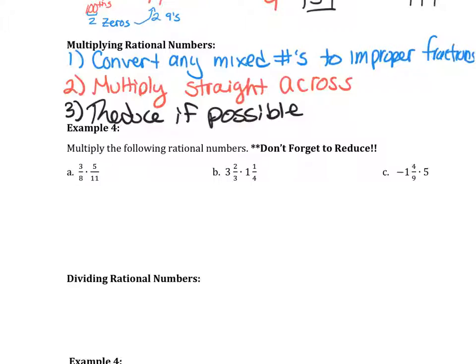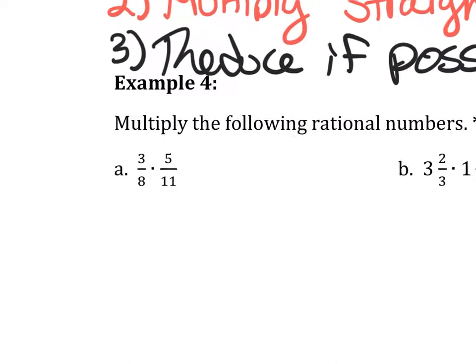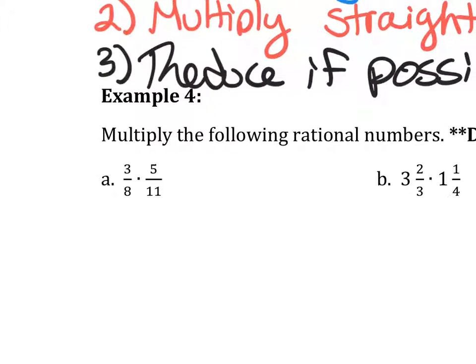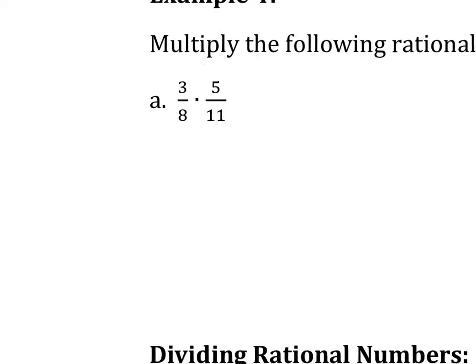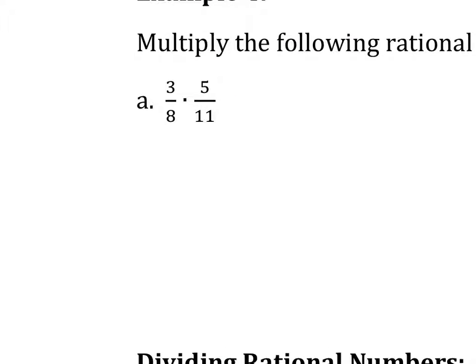All right, so let's do an example. Example 4a. So again, with multiplying, we don't have to find any common denominators or anything. That's going to be tomorrow when we do adding and subtracting. Multiplying and dividing is pretty straightforward. So letter A, do we have any mixed numbers that we have to deal with? Nope, they're all already in fraction form, so we can go right to step 2, which is where we just